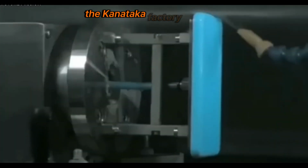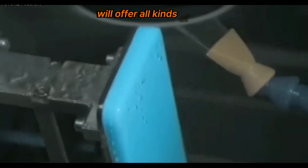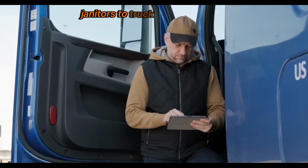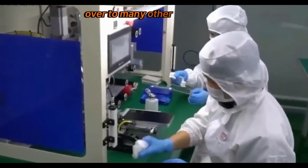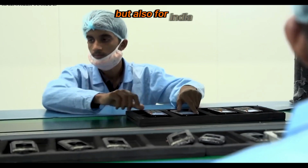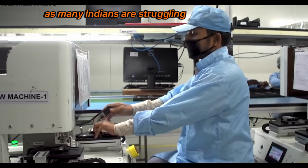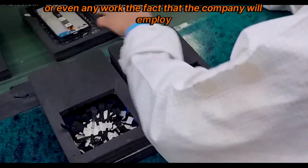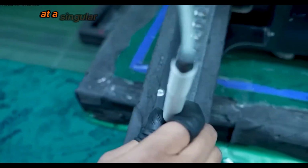The Karnataka factory complex will offer all kinds of jobs, from working on the production and assembly lines, janitors, to truck and van drivers, over to many other office jobs. It'll truly be a prosperous venture for Apple, but also for India, as many Indians are struggling to find adequate or even any work. The fact that the company will employ tens of thousands of workers at a singular location